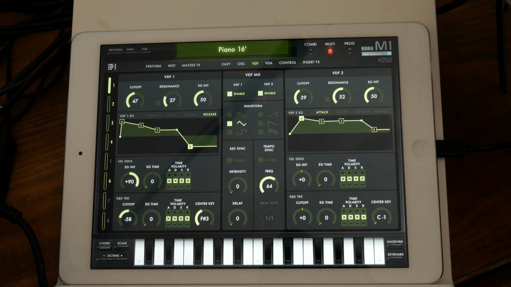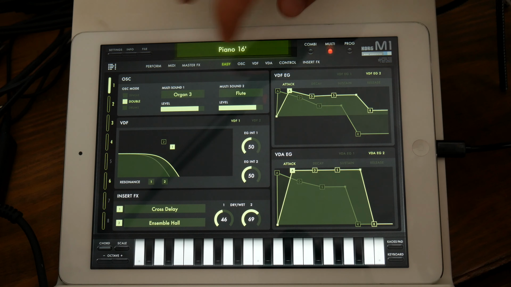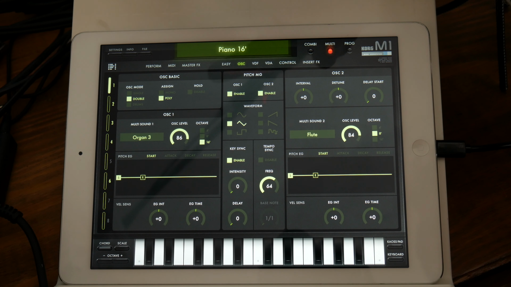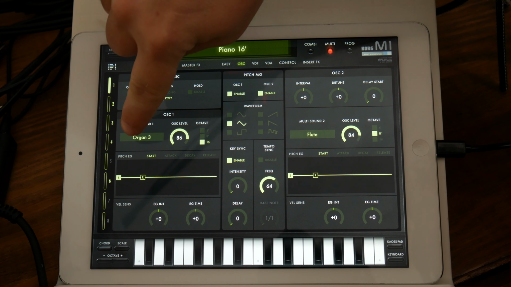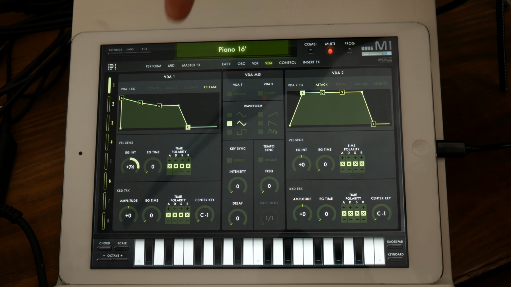So you can go in even further. This right here is just kind of the easy page. You can go even further in on the oscillator, adjust waveforms, and do a whole bunch of stuff on the basic oscillators and oscillator 2. And you can see it's getting the sound from organ and the flute. You can go even further into the filter and the amp envelope,